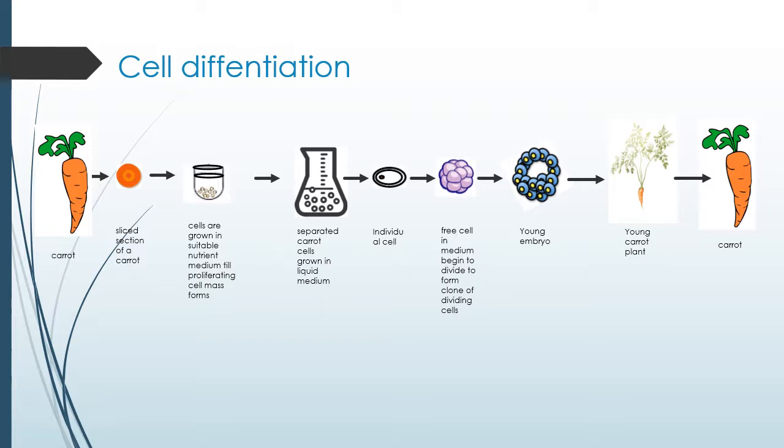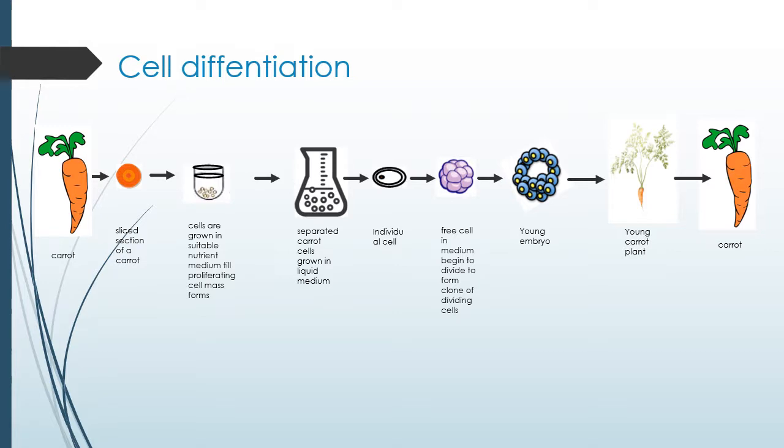The cell capable of differentiating into any type of cell is known as totipotent. Totipotency is the genetic potential of a plant cell to produce the entire plant, as in the case of the carrot illustrated in this slide. In other words, totipotency is the cell characteristic in which the potential for forming all the cell types in the